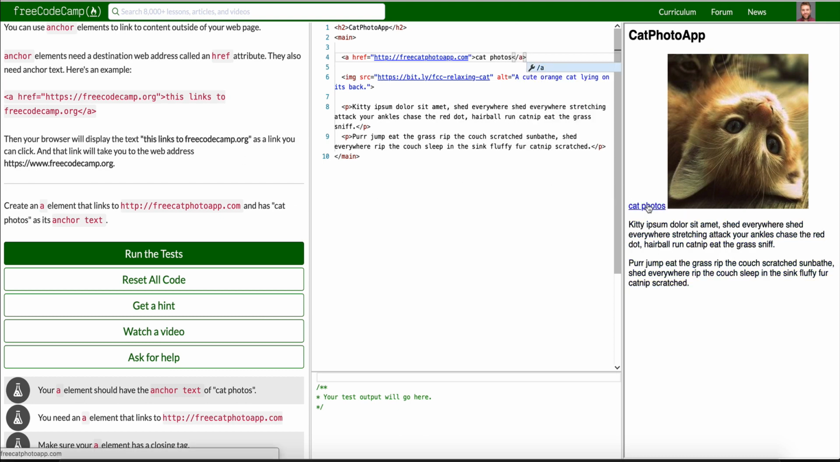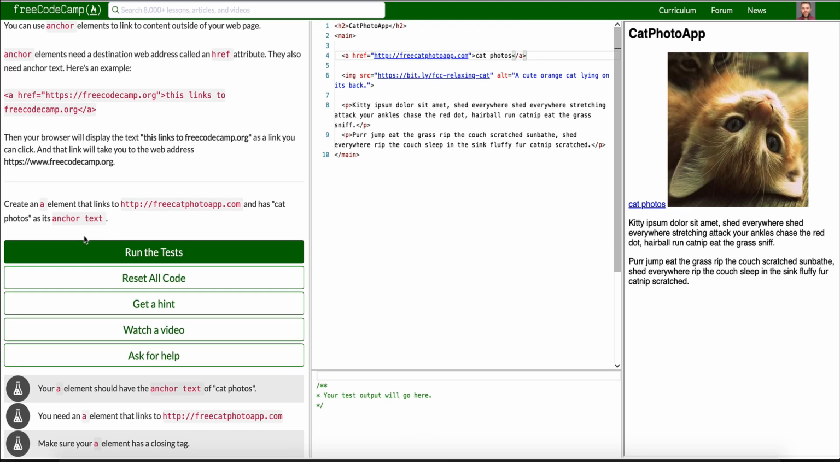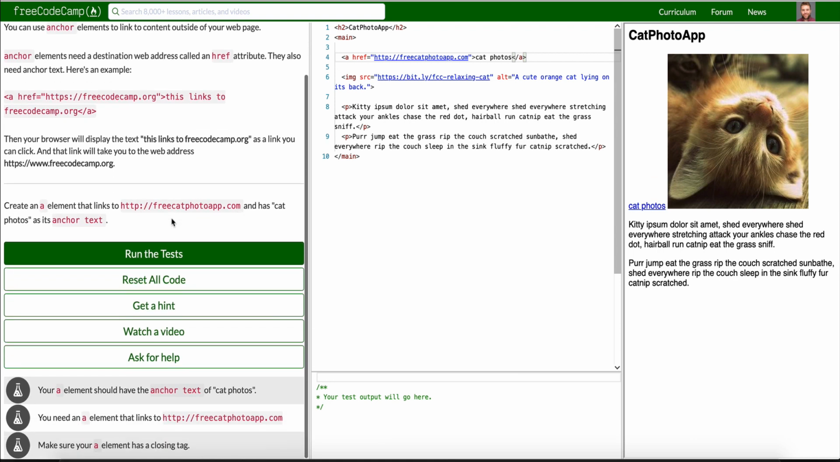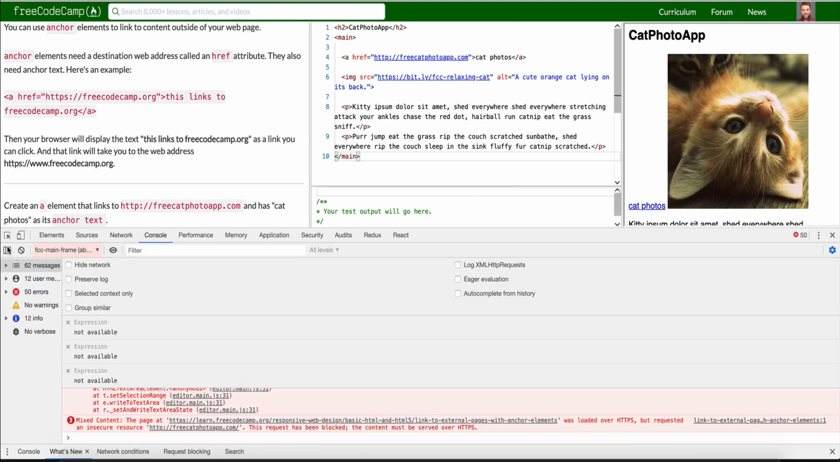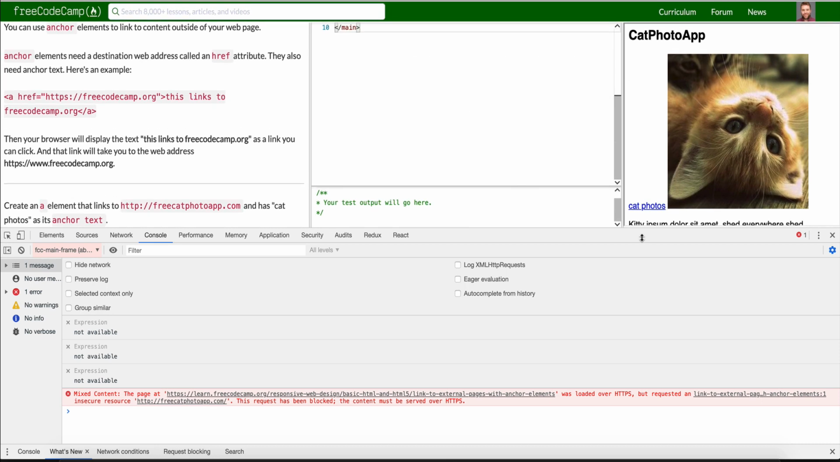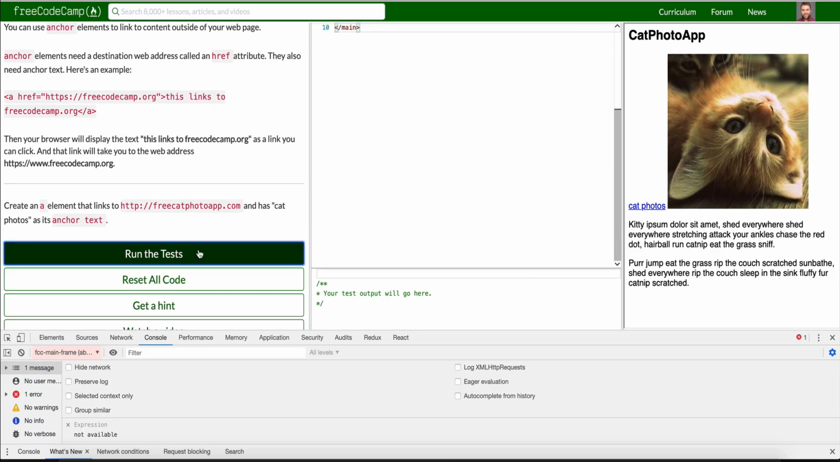And if we click on it, what are we going to get? Let's see. A closing tag, href. Let me see why it's not working. Let me run the test real quick and just see. So yeah, that's not working, but that's because